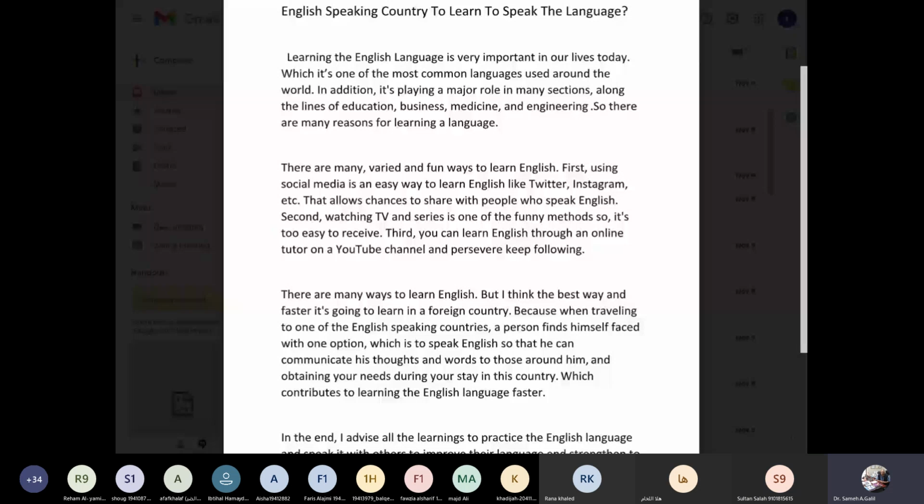We're reading the essay, and by reading it, we're going to determine what type of essay it is. Is it process? Is it narrative, descriptive, or persuasive? And if you decide on a type, you need to tell us why you think it is what it is. And please mute your mic.